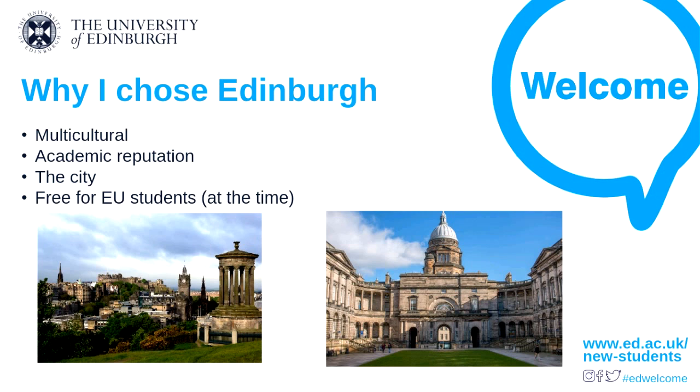And second reason was the academic reputation. The University of Edinburgh normally ranks between the 25 top universities in the world, and also for computer science, it's usually top 20, top 25. So I definitely felt intrigued to know more about it. And for example, in artificial intelligence, it has a very important research institution, and you feel you're currently learning new things here, and it's very modern, everything you learn.